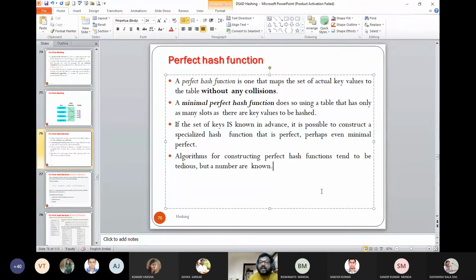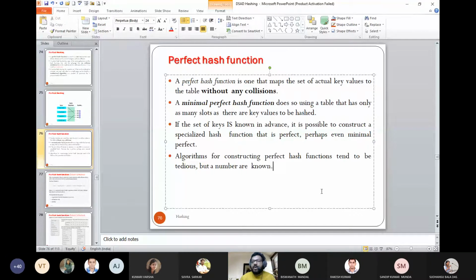But in most real cases, we do not know the roll numbers in advance. Suppose the country decided that we'll be implementing a policy where everyone will use only one number for school, college, or any other business, that is your Aadhaar card number. When you try to join the institute, your roll number will be the Aadhaar card number, let us say. So I do not know who the people are who are supposed to join. I take the Aadhaar card number as the input, and I have a table size of 30 for a particular branch. Then I have to develop a hash function where this Aadhaar card number has to map to any number from 1 to 30.